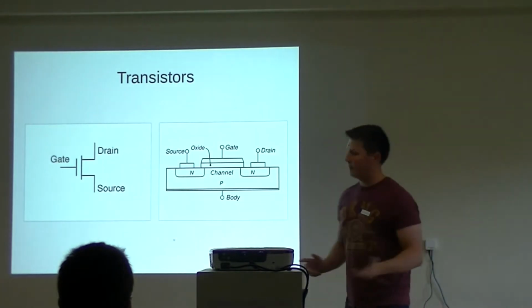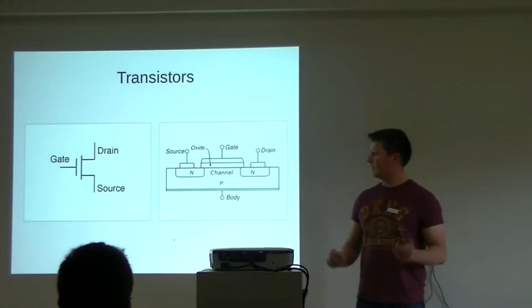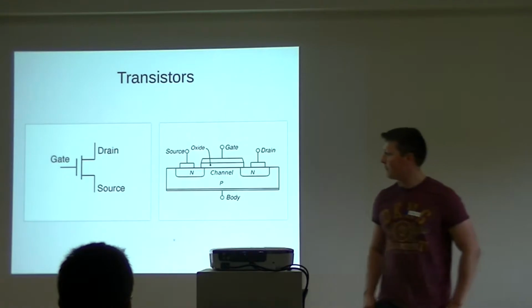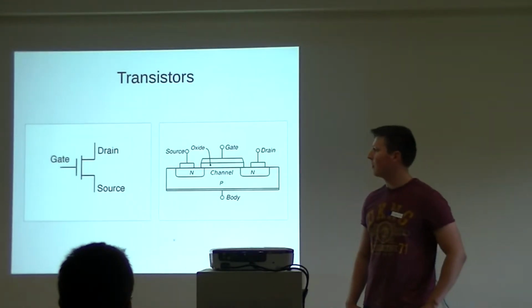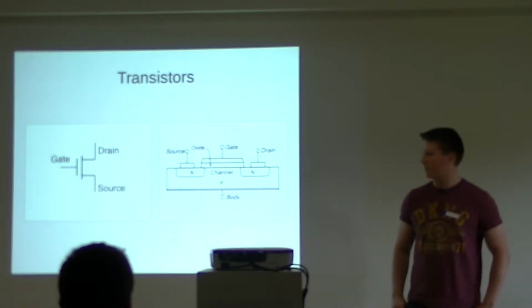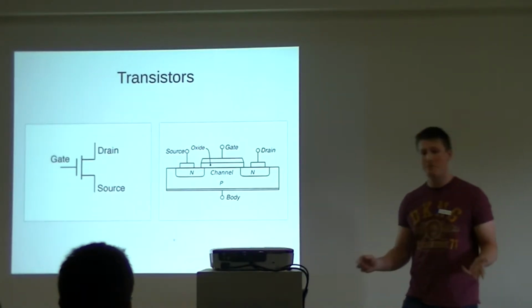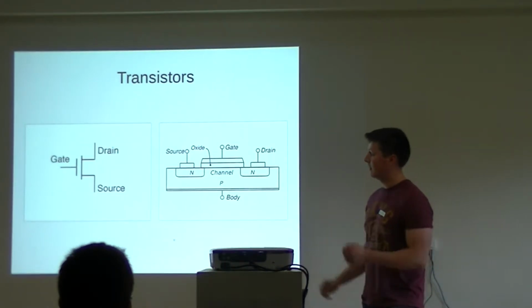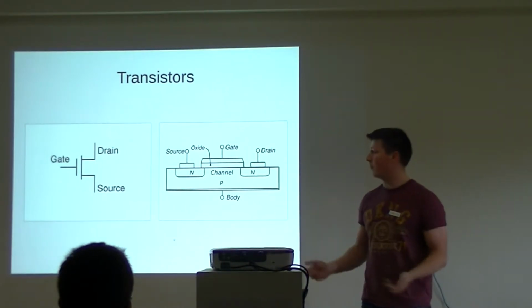So if you've been at the previous talk, you'll see that this is a slightly different diagram to the transistors you've seen there. This is a different type of transistor. It's a MOSFET, CMOS transistor, instead of the bipolar junction transistor, which we saw before. This works in pretty much the same way. It's a switch. If you apply a voltage to the gate, then current will flow from drain to